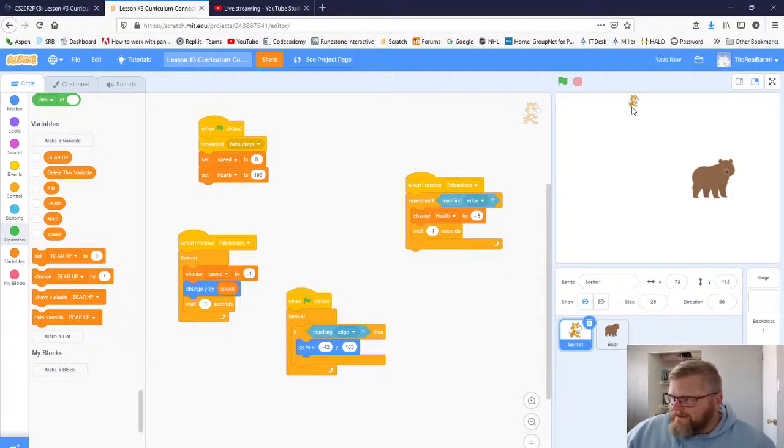Okay, so now the cat comes back up to the top, so the human eye makes it look like the cat went through the bottom and then rotated up to the top, and then it continues to fall. So that's what happens when I run this code. The cat falls, it touches the edge, teleports back to the top, touches the edge, and you can see that velocity continues to increase, and the cat starts to go faster and faster and faster